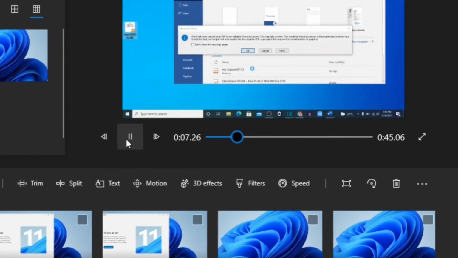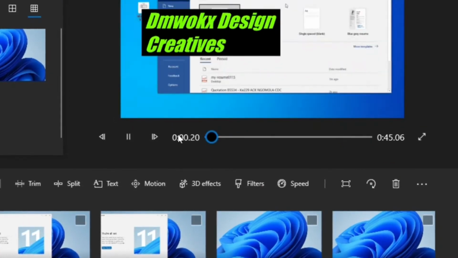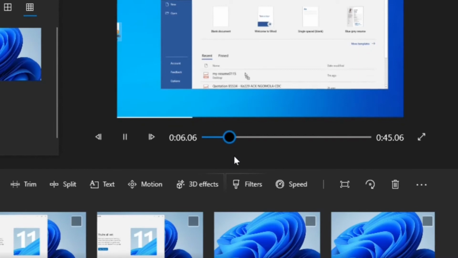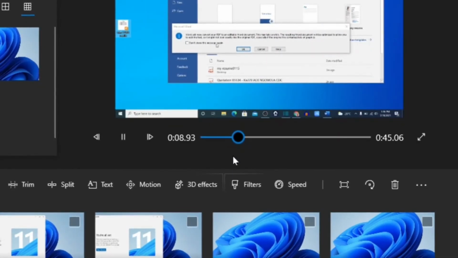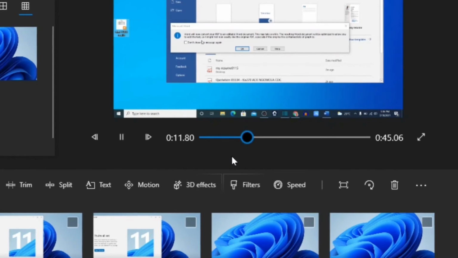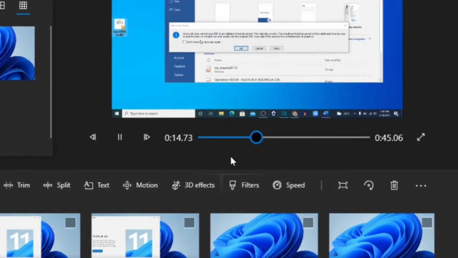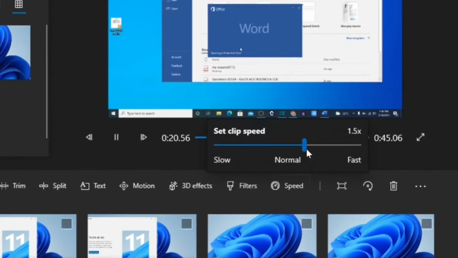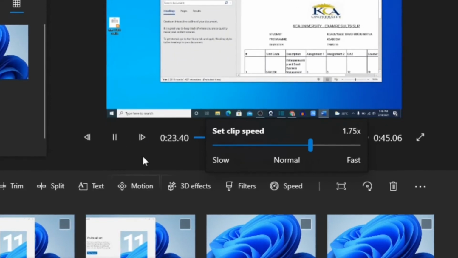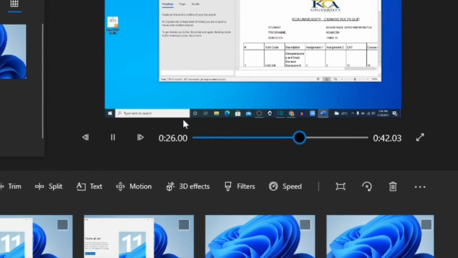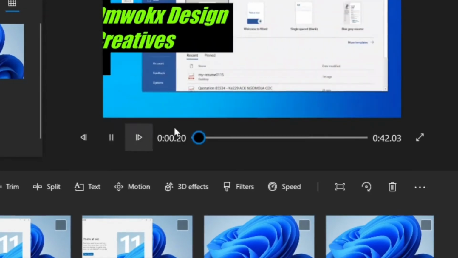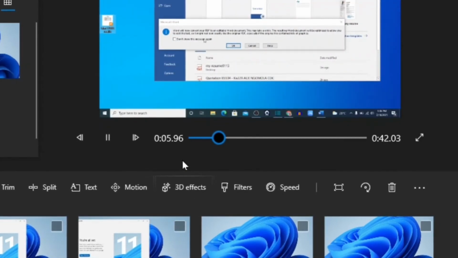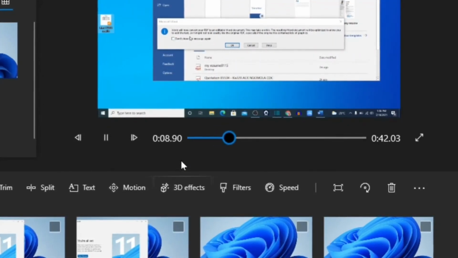So when I try to play my video, you'll see, let me start my video right away. You'll see that the effects that I have tried to add are working, and I can decide to either move them slowly, or increase the speed here. I can decide to increase the speed of the video right about there. So when I increase the speed of the video, the video will move at a very fast rate. So there's so much to do with video editing, but I just wanted to